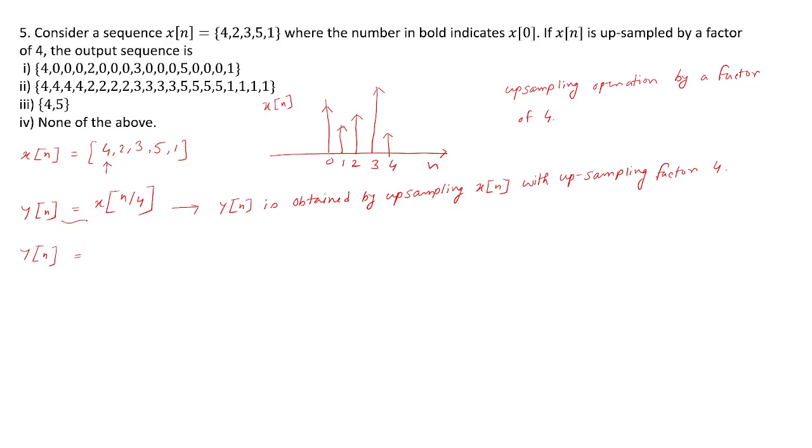Actually, this is a crude way of writing, but this is not the actual expression it should be, so you can ignore this. Yn is mathematically, in correct sense, represented as x of n over 4 for n equal to 0, plus minus 4, 8, like that, basically multiples of 4, and 0 otherwise. So we saw in the example from the previous slide that upsampling by a factor of 4